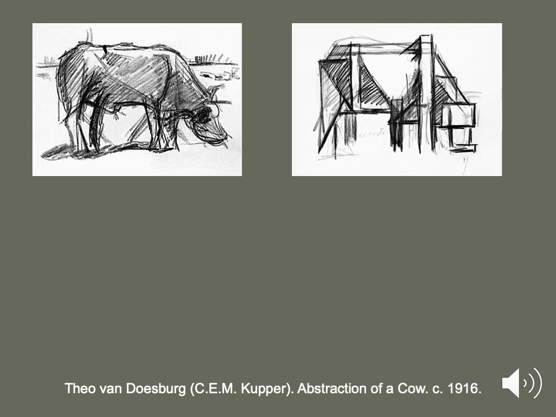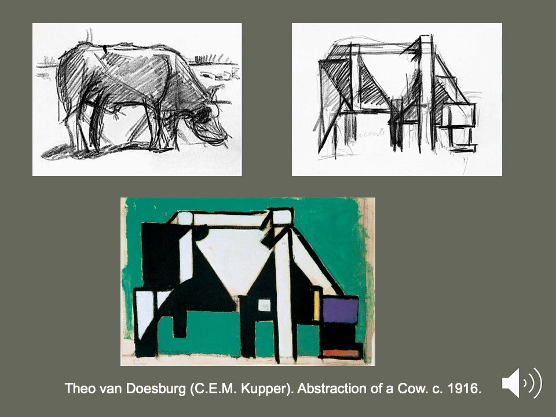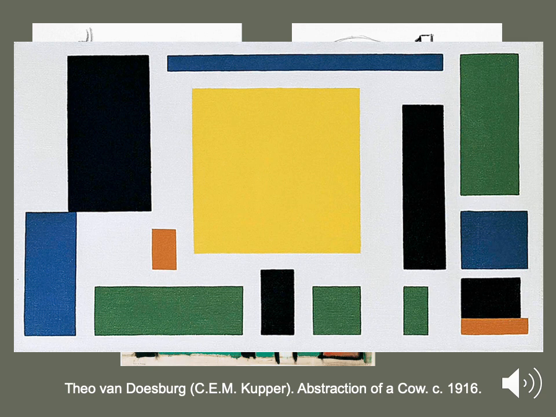And then he abstracts it into these geometric forms. You can still see that it's a cow and you still have some light and shadow, but everything has been simplified and moved into these more geometric shapes. Then he adds color, so we lose those variations of lights and darks. Now we just have black and white, so we don't have any gray. And then all of a sudden he goes to this.